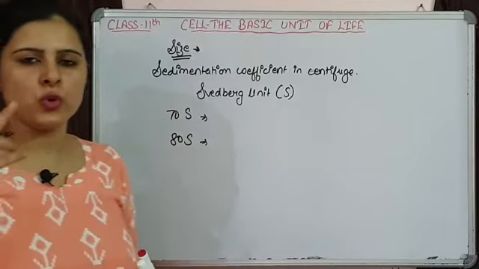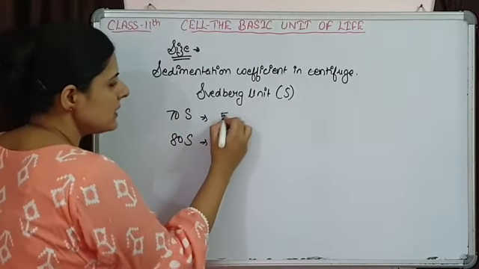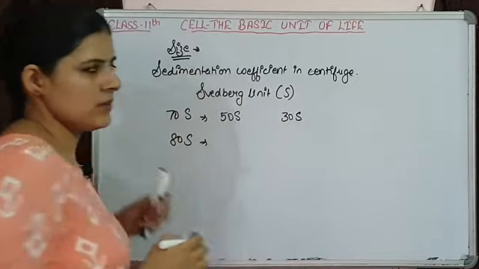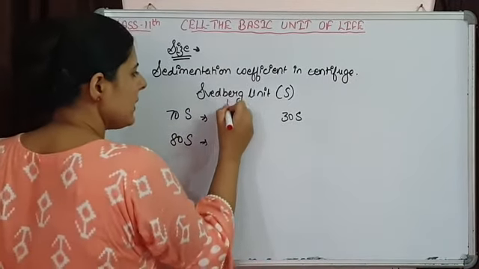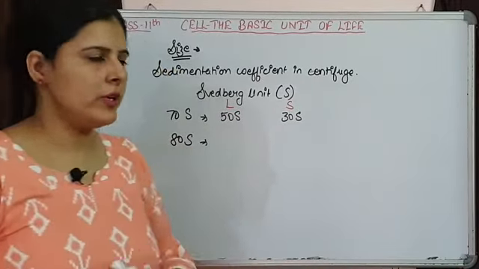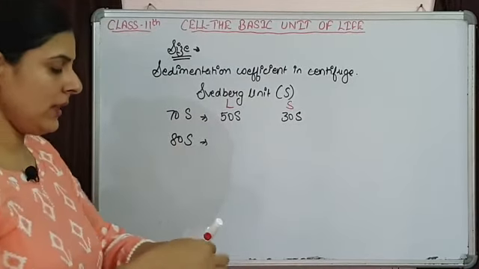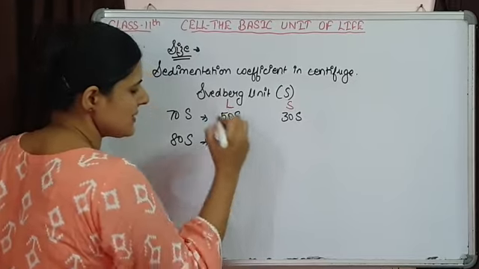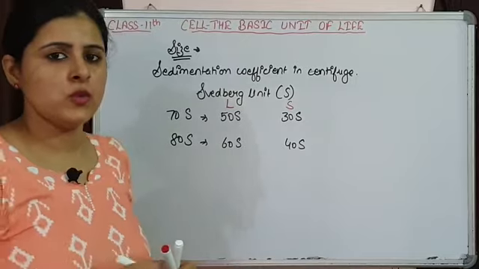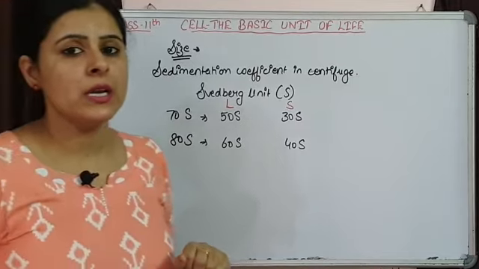दोनों ही ribosomes दो दो सब यूनिट से मिलके बने हैं, larger and smaller subunit. In 70S the larger subunit is 50S and the smaller subunit is 30S. I am writing over here L and S. L is for larger subunit and S is for smaller subunit. So यहाँ पर 50S और 30S की दो units present हैं. In 80S ribosomes the larger subunit is of 60S and the smaller one is of 40S. So these are the subunits that are present in prokaryotic and eukaryotic ribosomes.